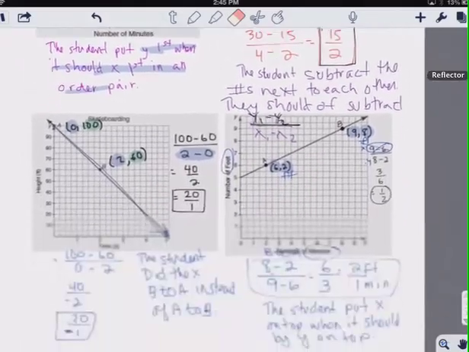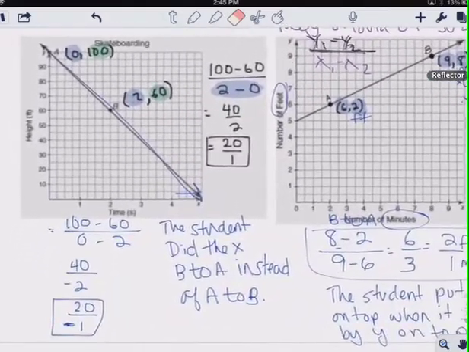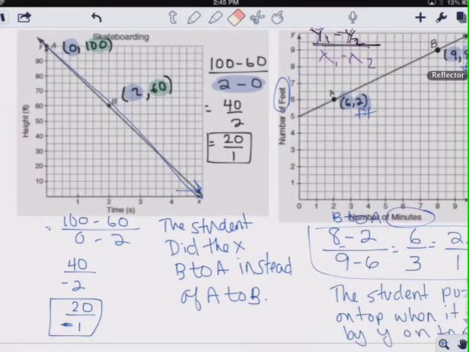And then the third problem here, I know it almost looks right, but if you noticed, the student did,